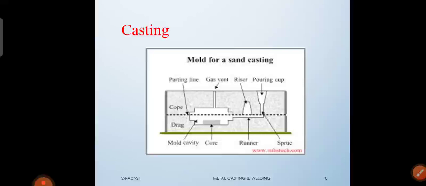These are the steps involved in the casting process. Once we follow all these steps systematically in a controlled manner, we are going to get a very good quality product.